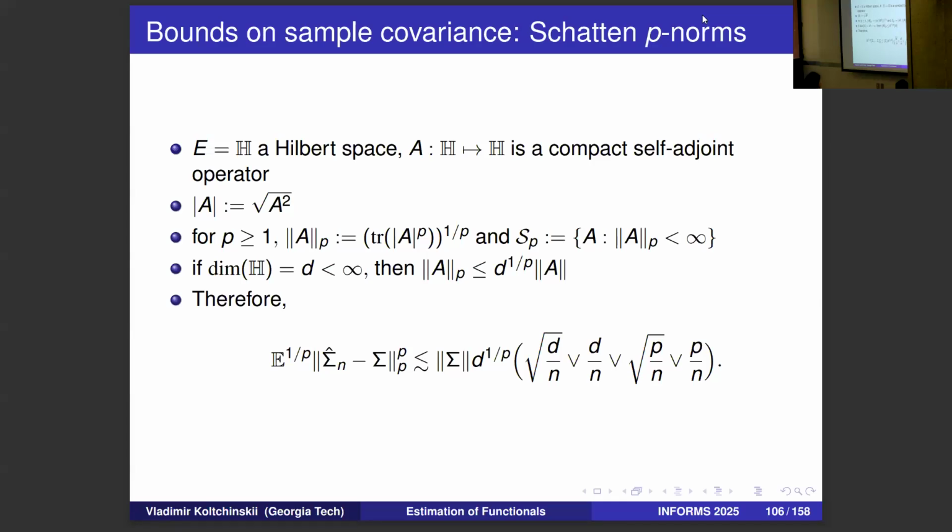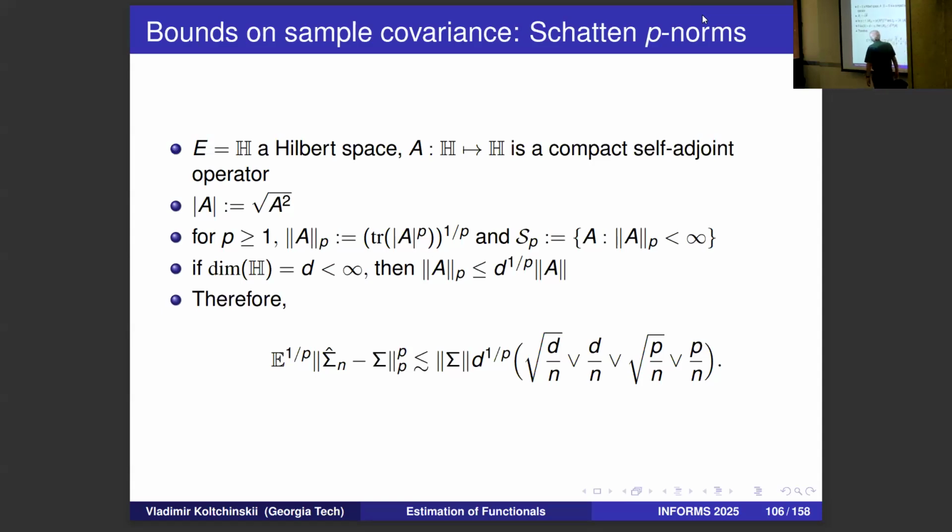Now, sometimes we might need to use not the operator norm, but Schatten p norms. This is defined in the case when our space is a Hilbert space. These norms are of course defined for operators that are not necessarily self-adjoint, but we will deal only with self-adjoint operators. So this is the definition of the Schatten p norm, right? It's given by the trace of the absolute value of the operator raised to the power p, and